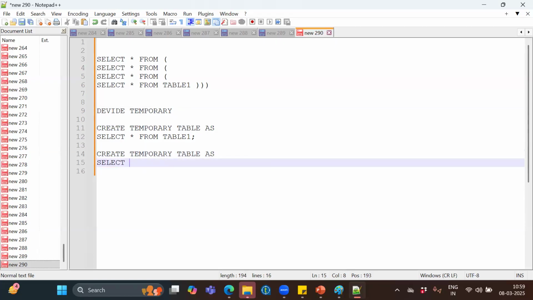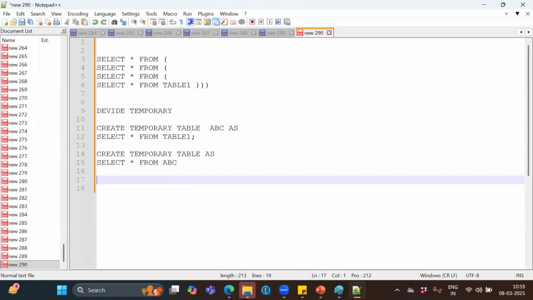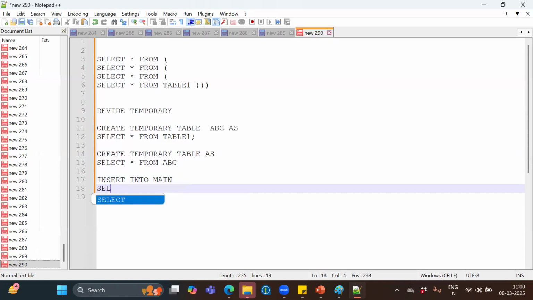Select star from. Okay, you got this table, right? Again, I'll use this as a source. Table name ABC, for example. I'll use ABC here. So finally, I load the data into another table. Insert into main table, as select